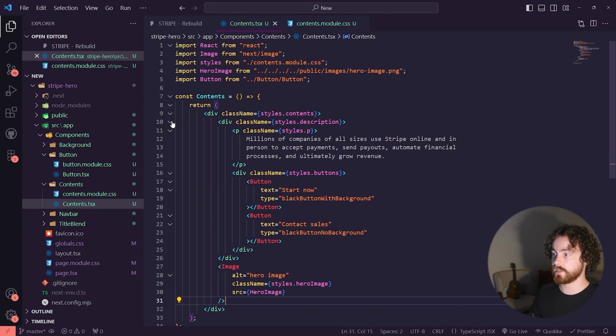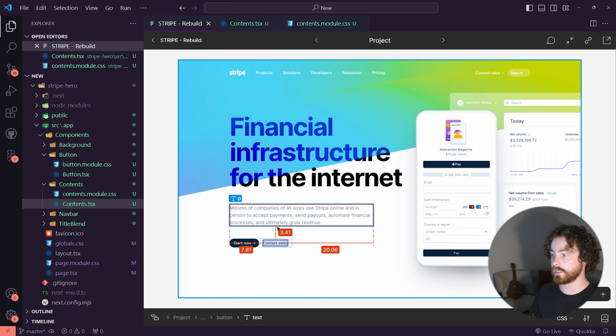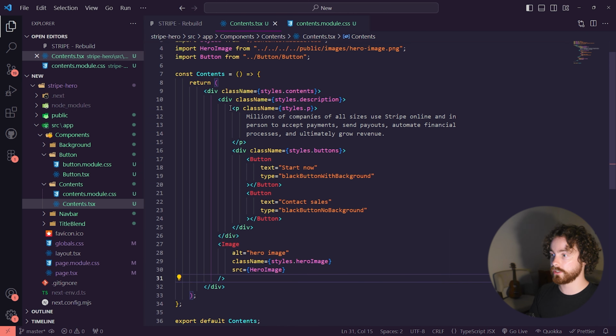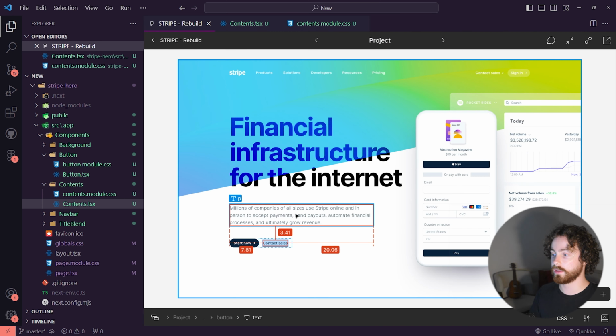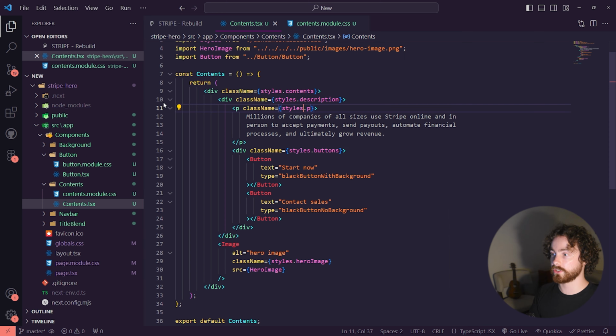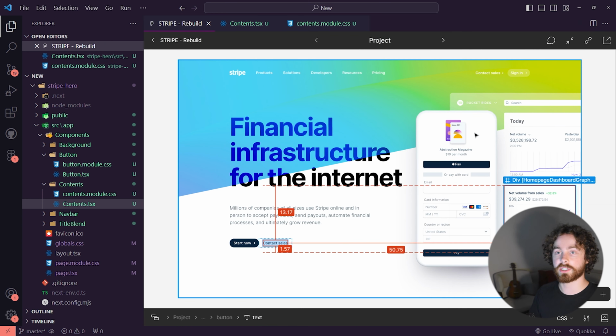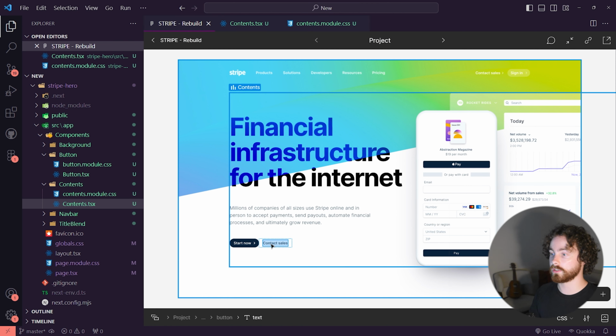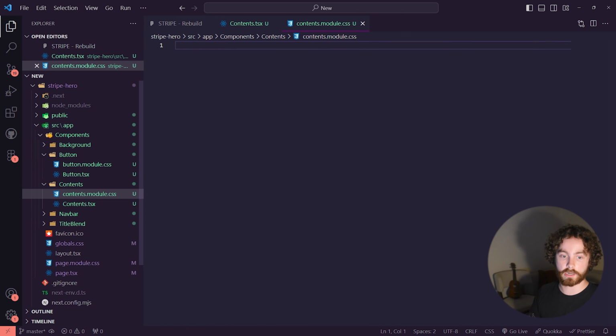So now what we have is we have our contents, which contains these two items here. Inside of our description container, we have our P tag as well as some buttons, which are contained within inside here. And in addition to our description, we also have our hero image will be located on this part of the page. What I'm going to do is I'm going to go directly into the CSS and start to style it so it looks exactly like this right now. So I'm going to jump into